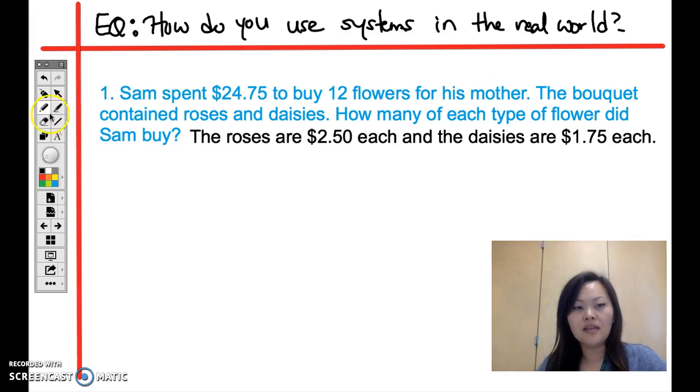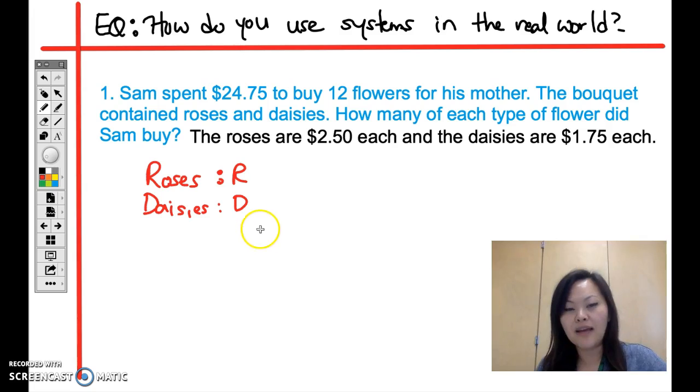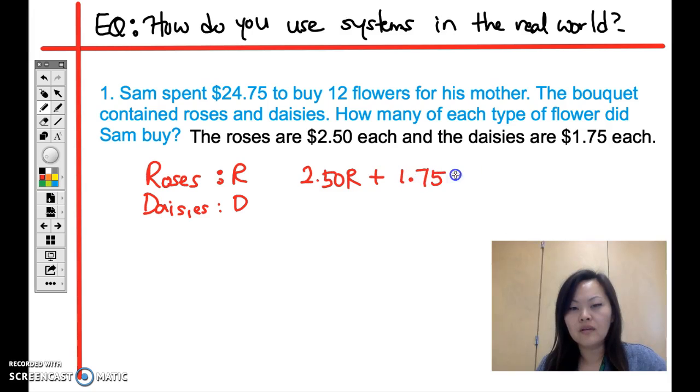Okay, so let's say that the roses are R. And then let's say that the daisies are represented by the letter D. So since the roses are $2.50 each, we're gonna go 2.50R for the rose, and then we're gonna add that to $1.75 for each daisy, right? So we know that if we buy only one daisy, it's $1.75, but if we buy two daisies, it's going to be